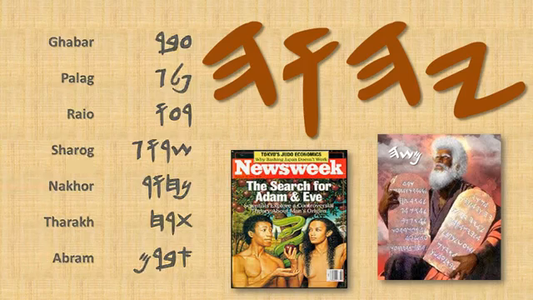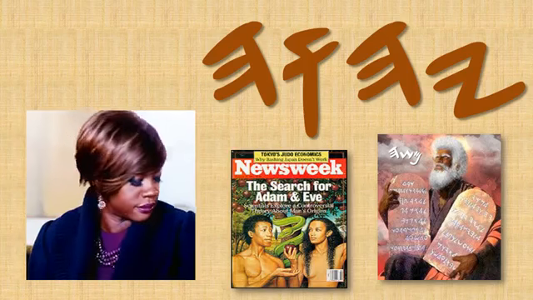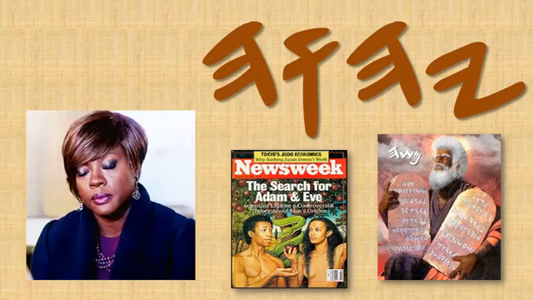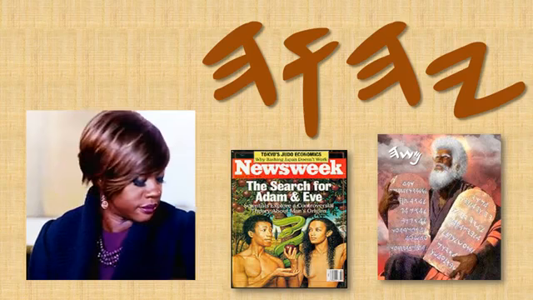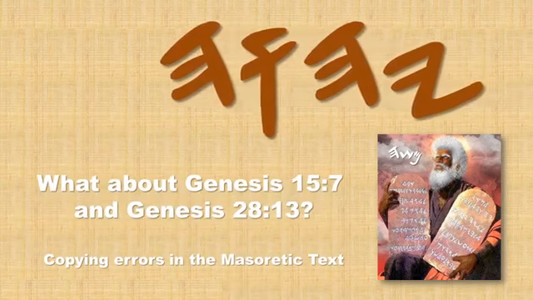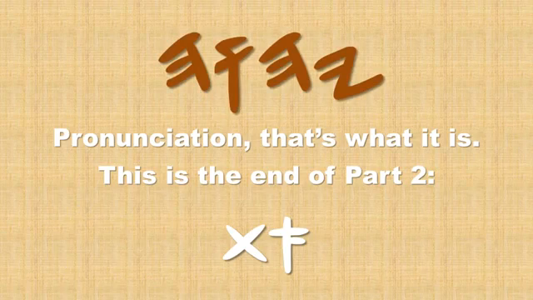Now I know what those of you well versed in the scripture are thinking right now. This brother is wrong, and he needs to look up Genesis 15 and 7 and Genesis 28:13, where God does pronounce his name to Abram and his grandson. I'm going to address these 2 passages in more detail later in the video, because they bring up a much larger issue about the Masoretic Hebrew text that underlies all English translations of the Bible. Let me just say here that the Hebrew manuscripts that predate the Masoretic text did not have God's name appearing in these 2 verses, and I'm going to prove that during the course of this video. Wait for it.